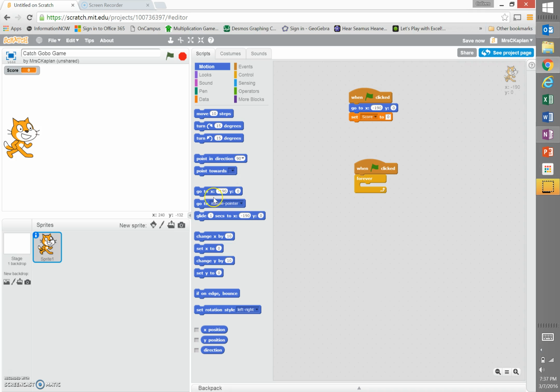And that code is go to mouse pointer, and we're going to drop it right in the forever sandwich. There's a couple of different options that might be on here depending on what our game looks like. We could choose random position or we can choose mouse pointer. So we're going to have it go to mouse pointer. Now once the green flag is clicked, we can test this out and the sprite should follow wherever our mouse